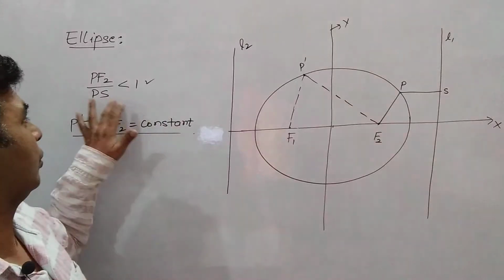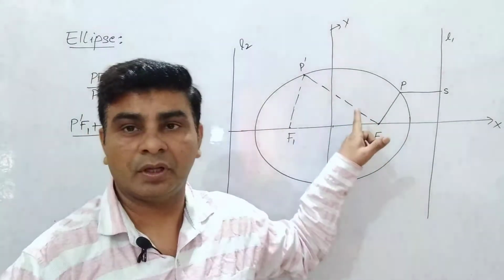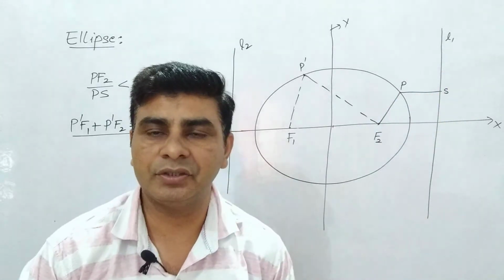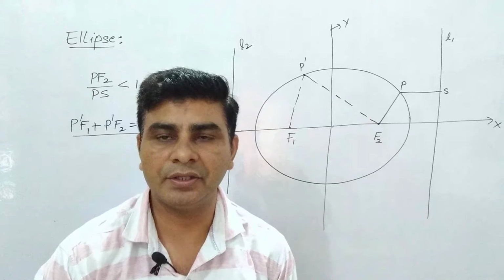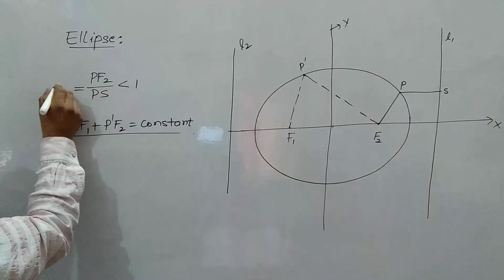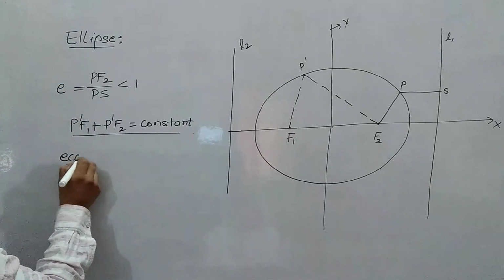And this is the first type of definition of the ellipse. So we will discuss the ratio of the distances from a fixed point to the fixed line, and this ratio, my dear students, is known as eccentricity. This ratio is denoted by small e and is known as the eccentricity.